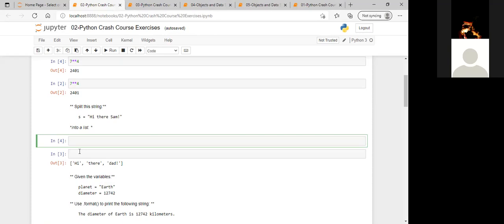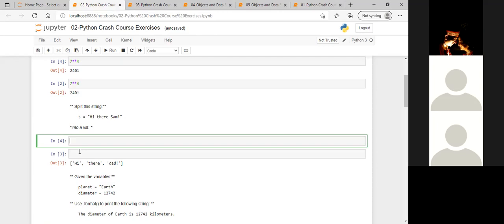When you put a string, suppose the string is equal to hi there Sam, it will count itself as one whole string if you put it in double quotes. To split it, like how you're seeing down there in the output, we used string dot split. So the string should be defined, in any variable which is storing a string.